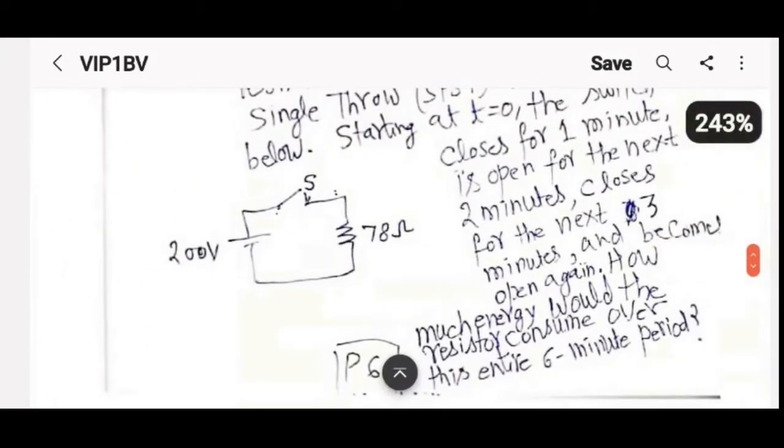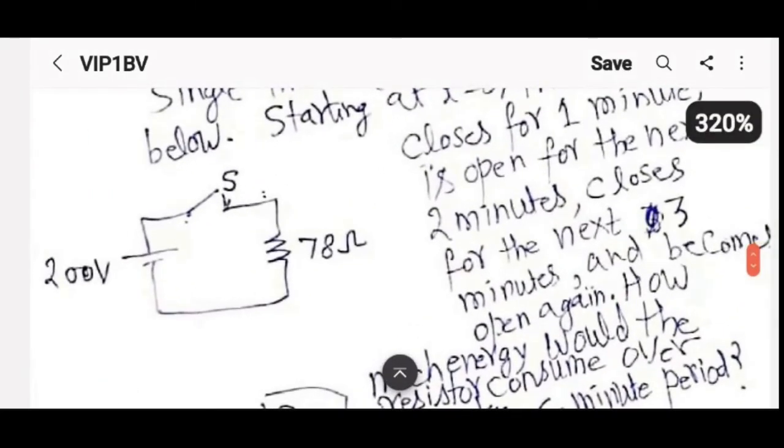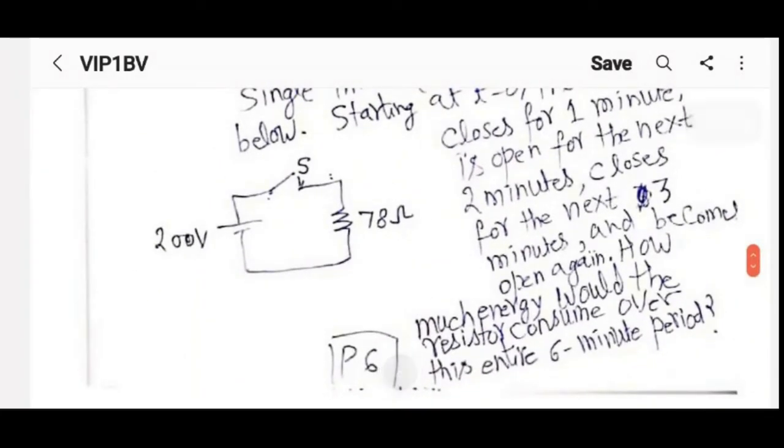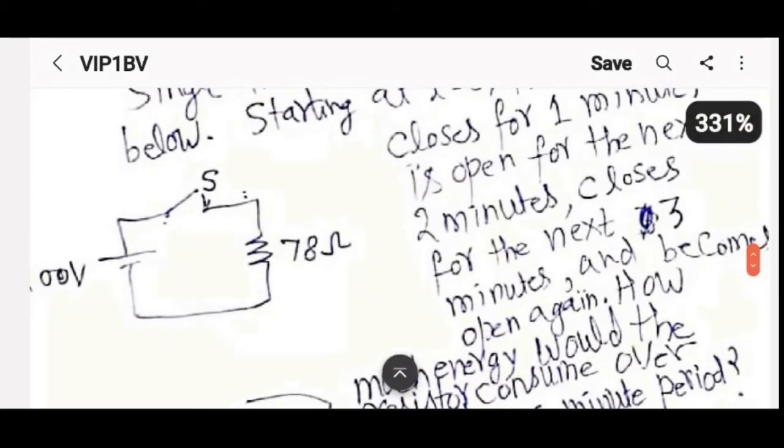So what is happening here is that power is a function of time. It is unlike the previous cases where power was the same for all times. Here it's not the case. Depending on the time, you will see a different amount of power. In some cases, you may see no power when the switch is open. So you cannot calculate energy directly. You'll have to calculate power for each of these time intervals separately and multiply by that time interval to get the energy in that time interval, and then sum up the individual energy values.